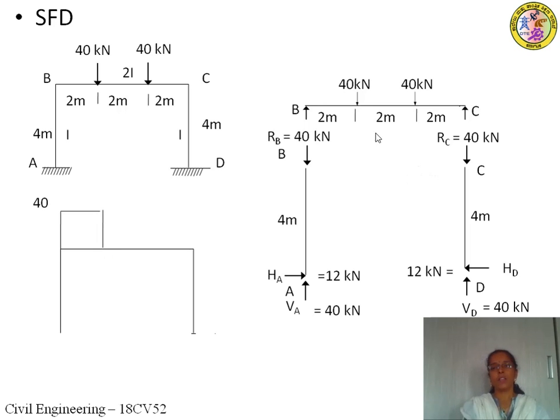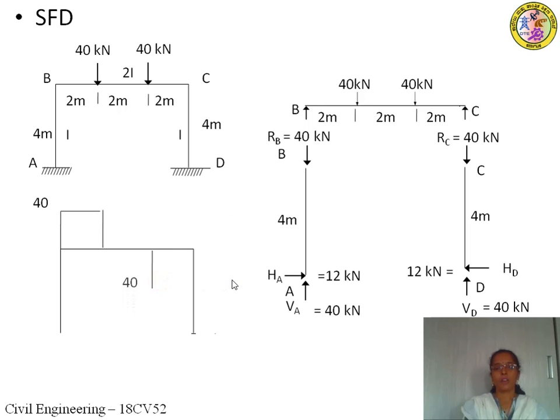Okay. Then after the right of E to left of F, let us consider this as F. Right of E to left of F, we don't have any forces. So therefore there will not be any shear force. That means it will be constant. So 0 is the value after right of E. So it will be 0 till left of F. So right of F, shear force to the right of F, we have a downward force of 40 kilonewton. So mark it below the baseline for 40 kilonewton.